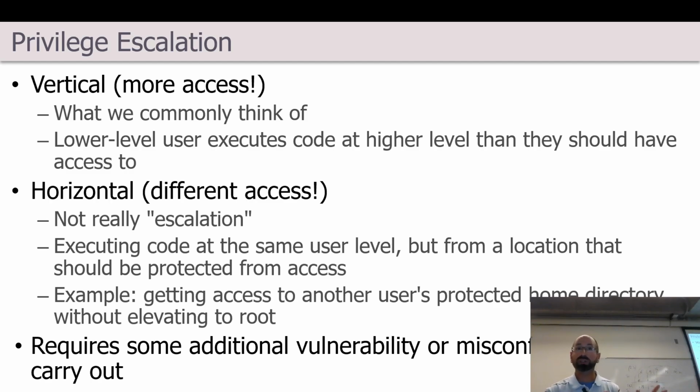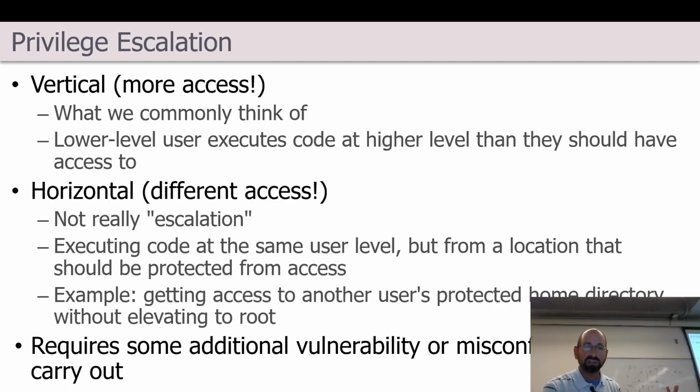And we do differentiate between the directionality of that additional access. When you hear the term vertical access, that usually implies the default thought of gaining more escalatory access, which is you have some access on the machine, but it might be very limited. You might have gotten access through a service with very limited permissions on the resulting system. And can you gain additional access? Meaning perhaps you have a typical user account. Can you then gain a more administrative account access on that same machine?